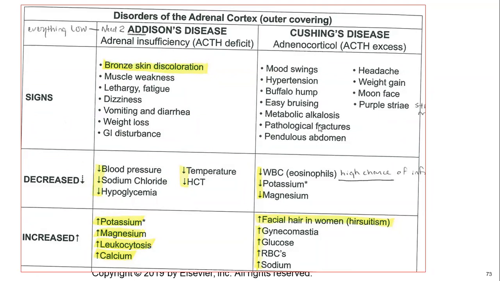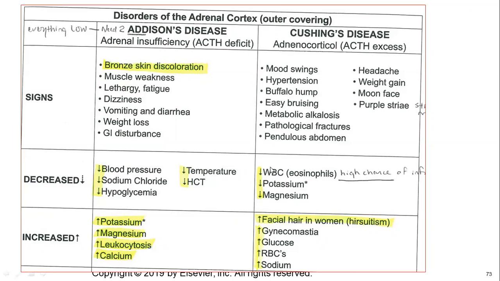I put this note together because of this box. All is decrease, who they are. Blood pressure decrease, sodium level decrease, glucose level decrease, hypoglycemia, temperature decrease, right? Whereas in the Cushing syndrome,